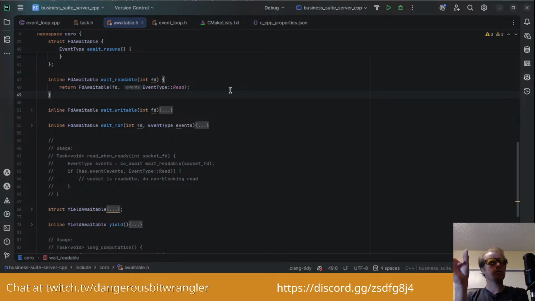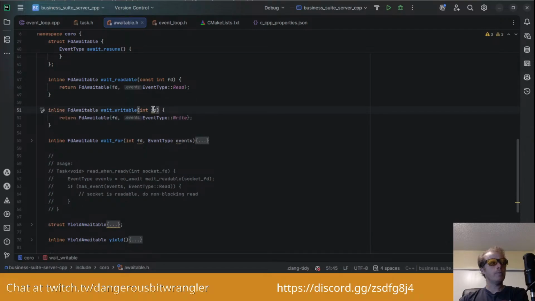The lines of code are actually inlined into the place where it's referenced. So there's no naming issues or conflicts. I see, it's probably going to say that FD can be const. Yeah. I don't know why AI is kind of dumb about this. It doesn't really seem to realize that these are not being mutated in any way or changed.